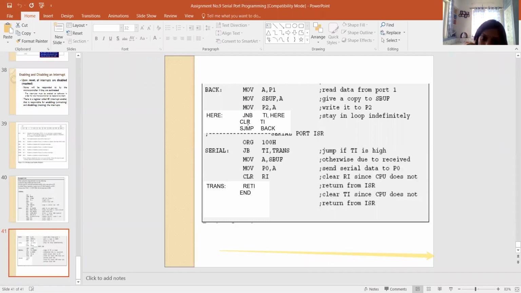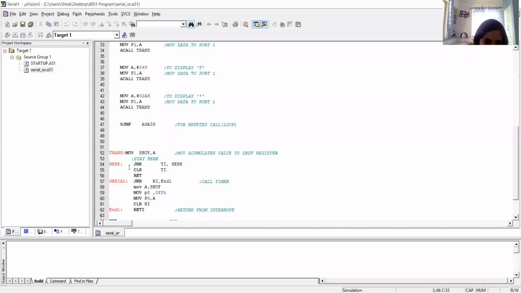Now what it will do is continuously monitor. This statement, jump if not bit, is also present in your program. So I will open the program. Now see, in this program, this statement is there. In the previous code also this statement is there. Now jump if not bit TI comma here is called the polling method. Polling method means it is continuously monitoring the transmit bit.